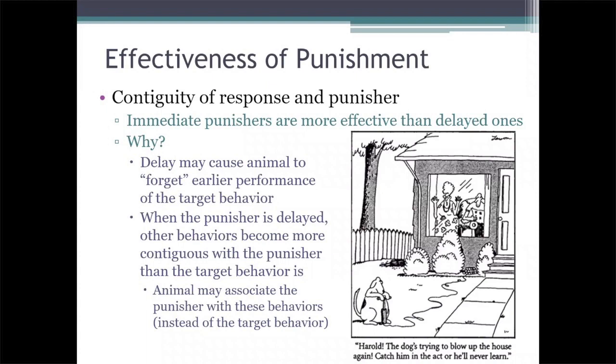But it'll still pee on your carpet because that long delay, that lack of contiguity between the behavior and the punisher will tend to make that punisher less effective. Even if you rub the dog's nose in it, by the way, that doesn't work. That doesn't make up for the delay. It might make your dog learn to fear you, but it won't make it learn to stop peeing on your carpet. And so, again, especially with animals, the more immediate the punisher is, the more contiguous that punisher is with the behavior that you're trying to punish, then the more effective that punisher is going to tend to be. So, more contiguity leads to more effectiveness.